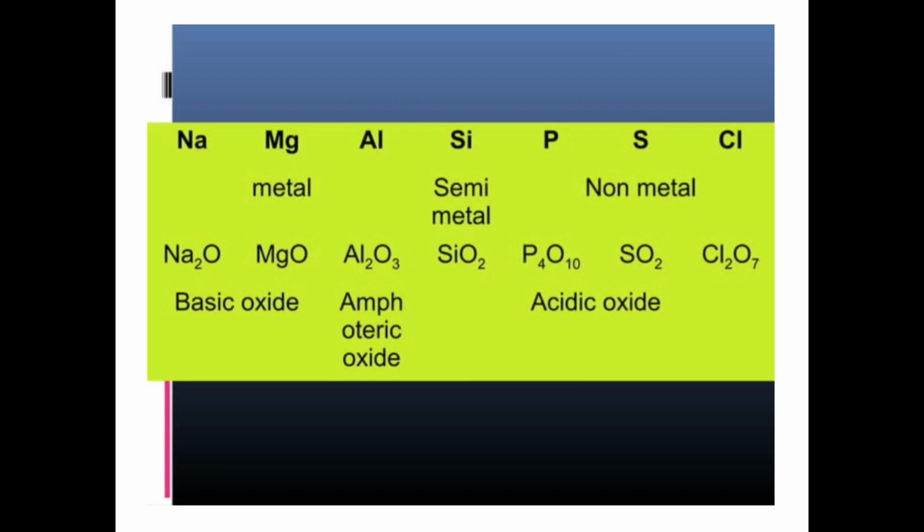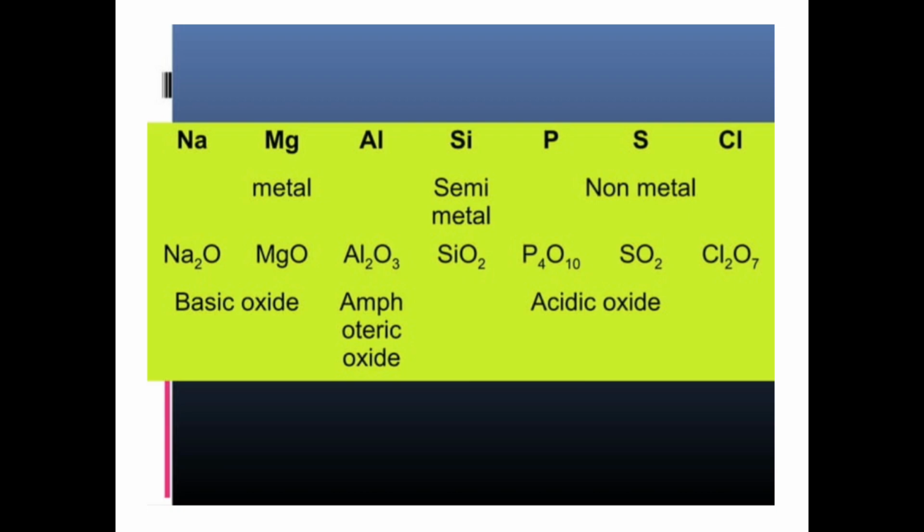Now let's look at the interesting part of these elements in period 3. They all form oxides, but their oxides have different characteristics. For instance, sodium can form sodium oxide, although sodium is able to form more than sodium oxide. Sodium can form sodium peroxides and sodium superoxides. It's only sodium that can form this peroxide and superoxide. Okay, so you have sodium oxide, magnesium oxide, aluminum oxide, silicon oxide,